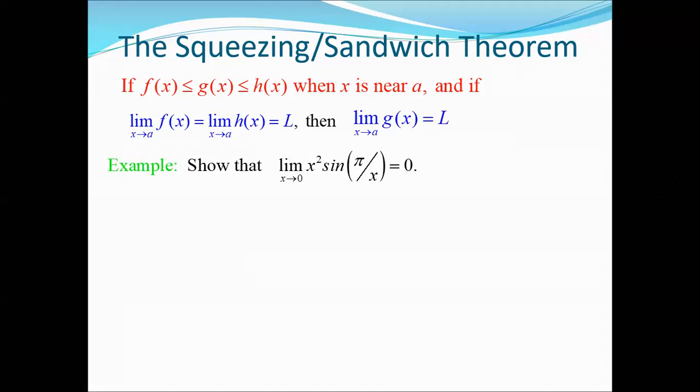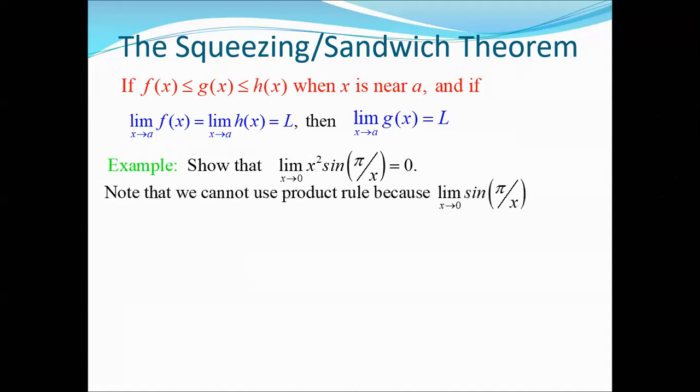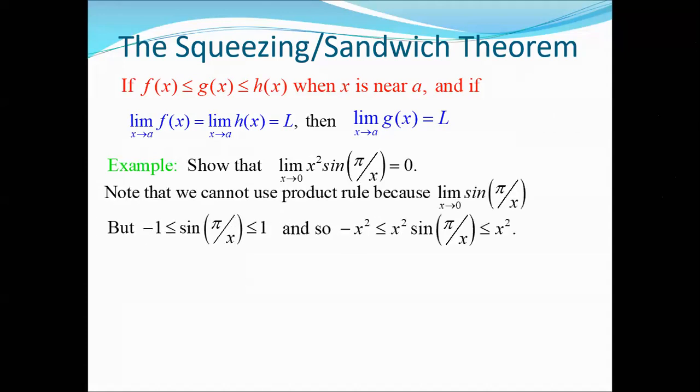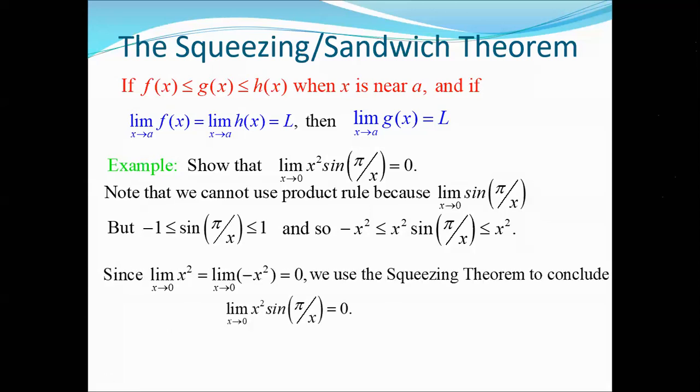And here is an example for the above sandwich theorem: limit as x tends to 0 of x squared sine(pi by x). The sine function is lying between minus 1 and plus 1. Hence, x squared sine(pi by x) is also lying between minus x squared and plus x squared. The limits of both x squared and minus x squared at 0 are 0, so the limit of x squared sine(pi by x) is also 0 by the sandwich theorem.